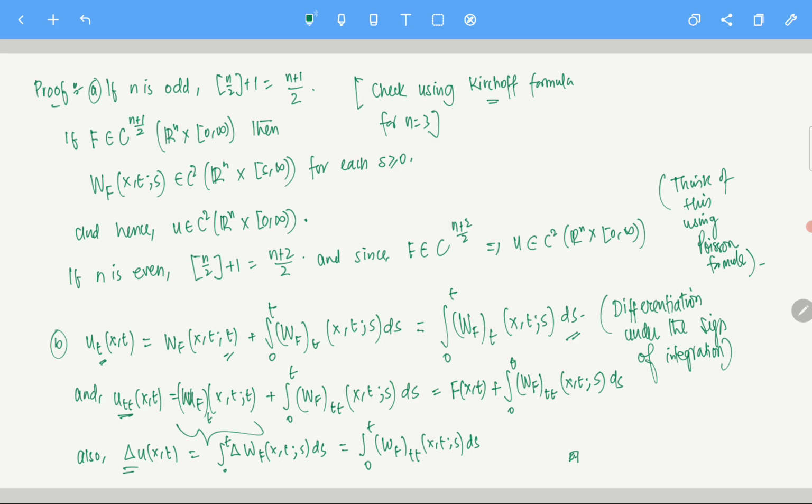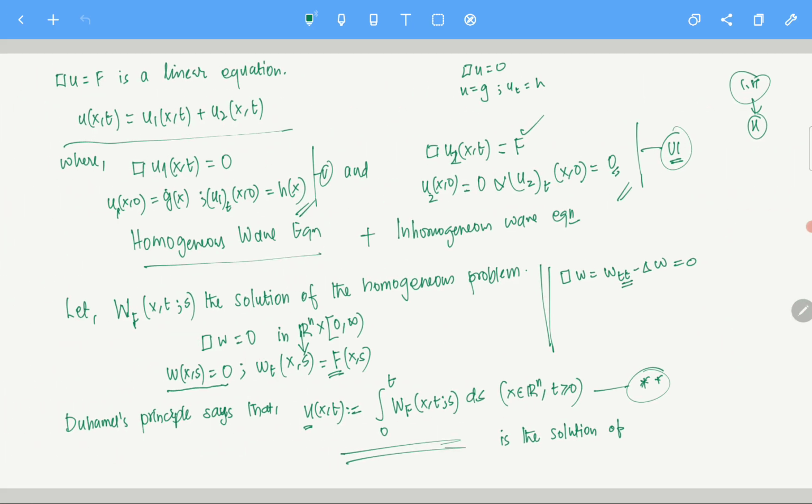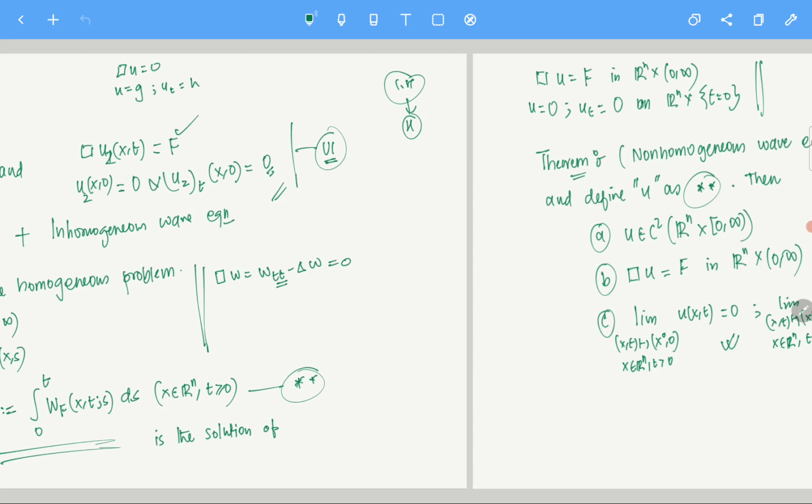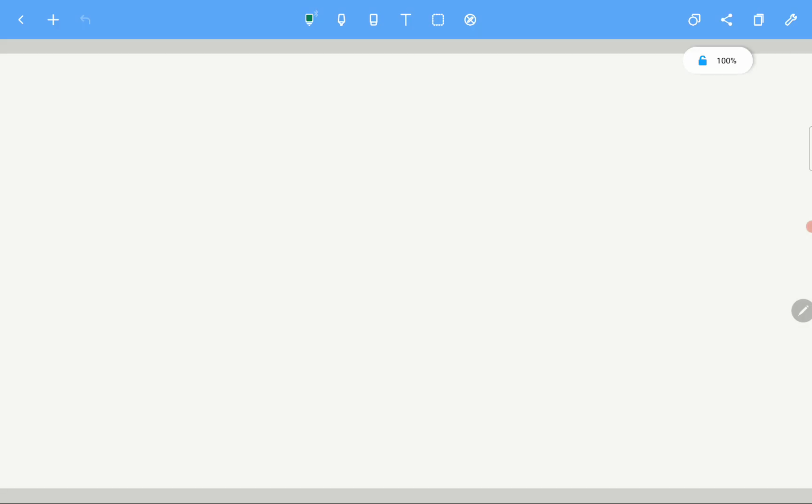Now I have another small detail to work out. This is for n greater than or equal to 2. Using this theorem, we solved problem 4. Problem 5 we already know via Kirchhoff and Poisson. Now if you want to find u, you just take those two and put them together. It is going to be an extremely big and complicated formula, but you have the exact equation. Clear? So that is for n greater than or equal to 2.